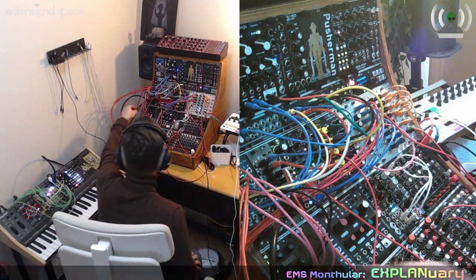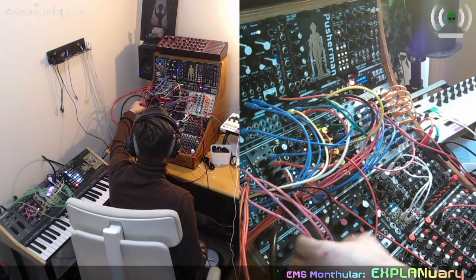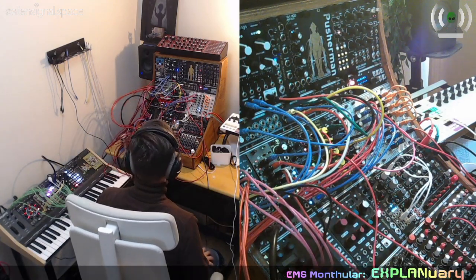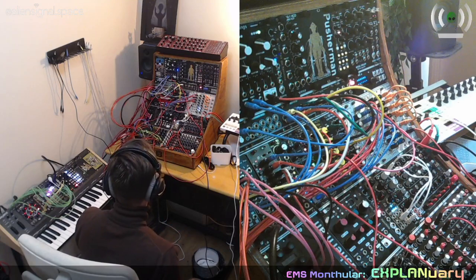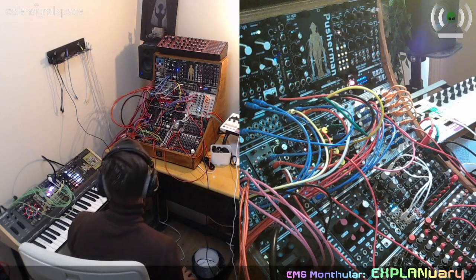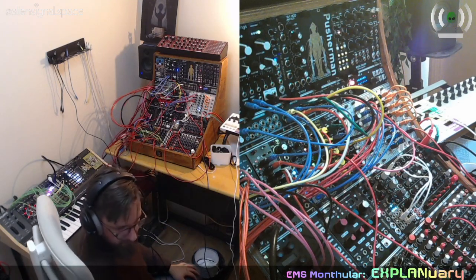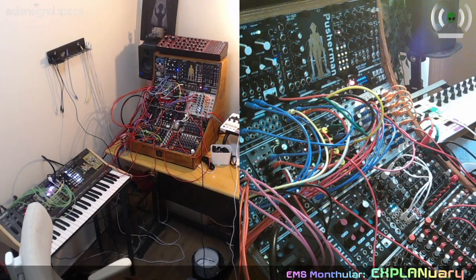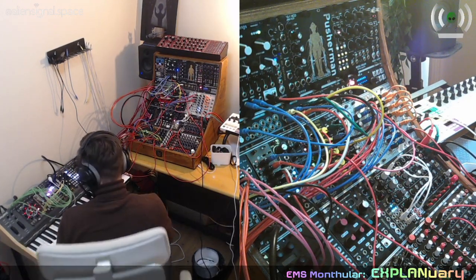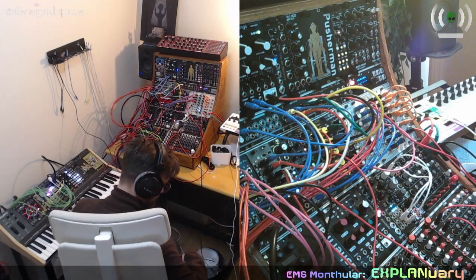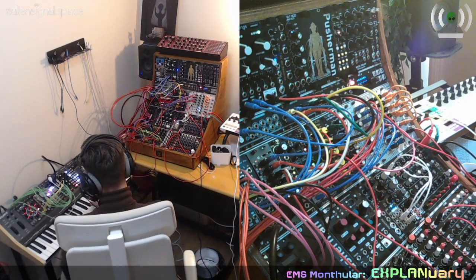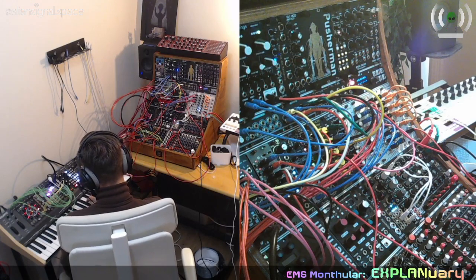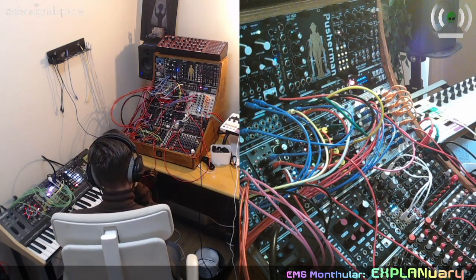Right now I'm actually utilizing the fact that the newest Disting EX update has an implementation of Mutable Instruments Braids, so I basically set that up with 4 copies of the same oscillator with the same settings, and I plugged